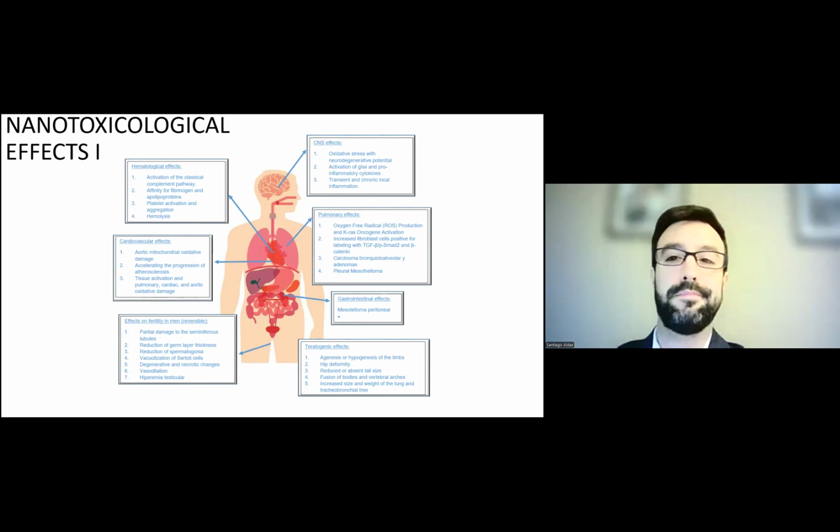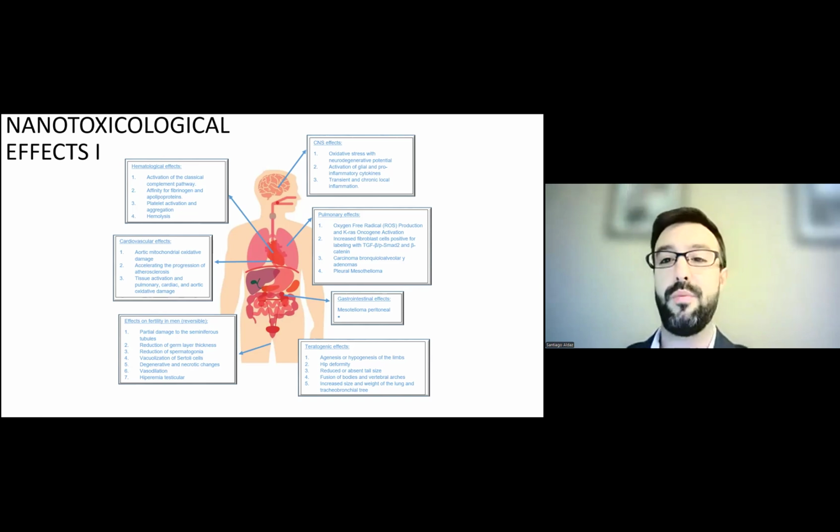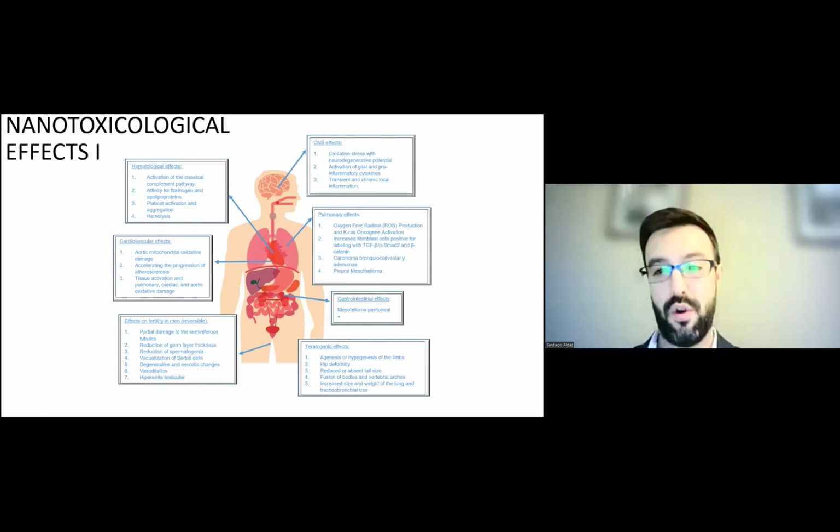They found augmented incidence of bronchoalveolar carcinoma and adenomas, and pleural mesothelioma. Also, we can mention the gastrointestinal effects, which is the higher incidence of peritoneal mesothelioma, and finally teratogenic effects such as agenesis and hypergenesis of the limbs, hip deformity, reduction or absence of the tail, fusion or lack of fusion of bodies and vertebral arches, and increased size and weight of the lung and tracheobronchial